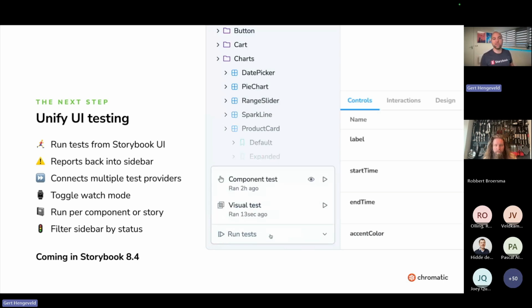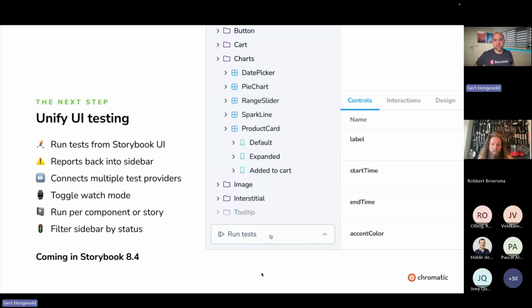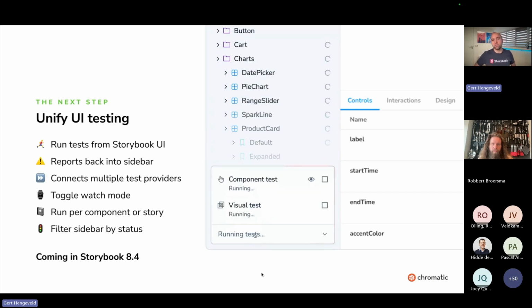8.4 is a way to run those tests directly from inside of Storybook. So inside of the Storybook UI, you're going to get this little testing module at the bottom of the sidebar that allows you to run component tests and visual tests from inside of Storybook. It reports back into the sidebar. So when there's failures like errors or warnings, those will actually be shown as red and yellow dots in the sidebar on a story. So you can directly click on that story to see what's going on and debug it